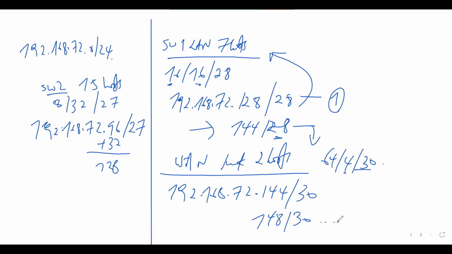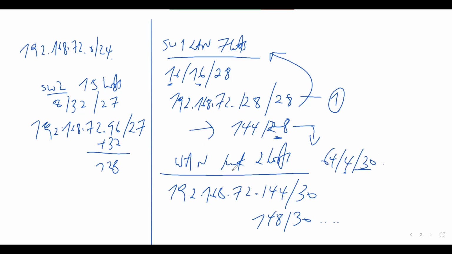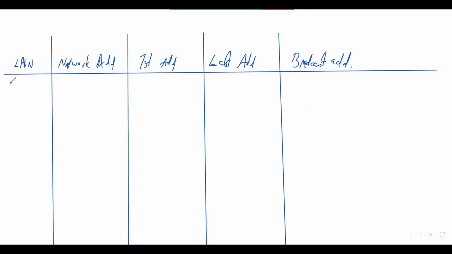Now we are done with assigning subnets to each of the networks that we have. We go and complete the table array. Right. Switch 4. Let's complete it using all the numbers that we have. So this is switch 4 LAN. The network ID was .0 slash 26. The first address .1. The last address .62. The broadcast ID .63. Then we go to LAN 3,